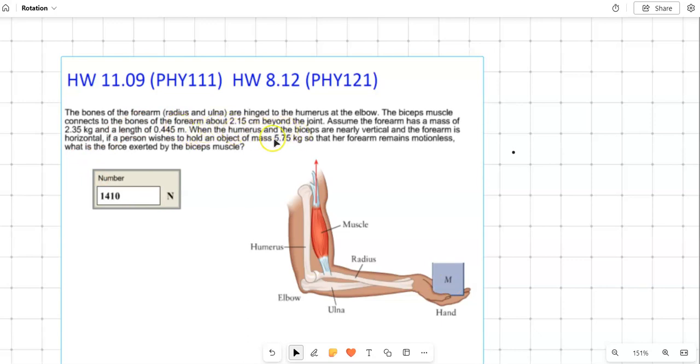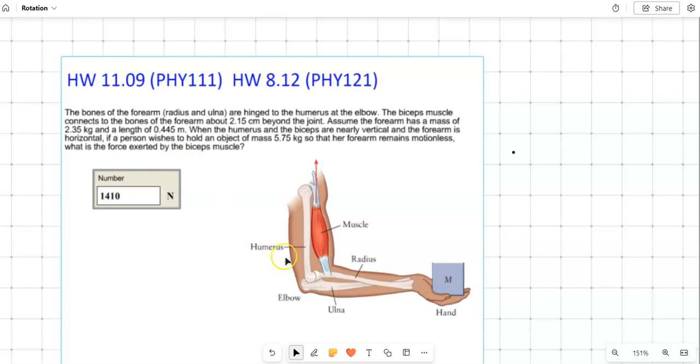Right here it is saying that a person is holding a weight in the hand of 5.75 kilograms. And it wants to know how much force is exerted up by the bicep muscles to hold this weight